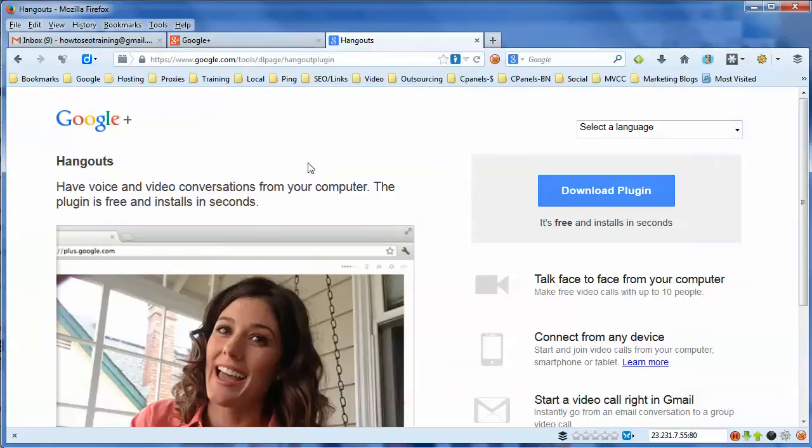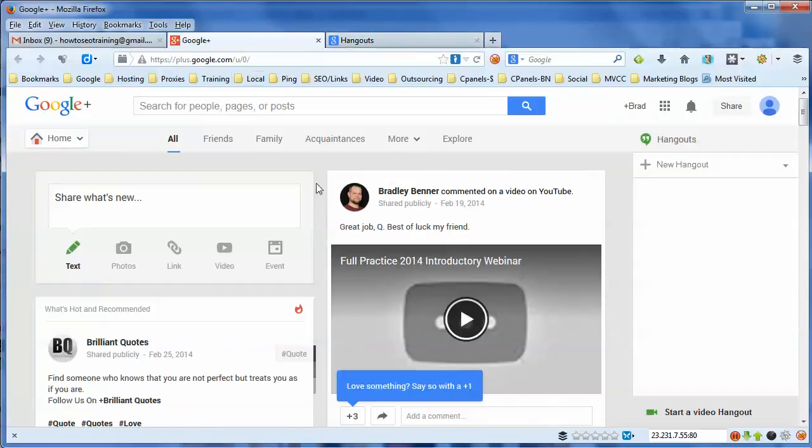The next thing is when somebody goes to invite you to a Hangout, there's a couple things that you could do to speed up the process. One would be to give them your Gmail account email address, so that they can just invite you by email. Another way would be to go right here on the Google Plus page, up here where it says search for people, pages, or posts, and search for their name, and then go follow them or add them to your